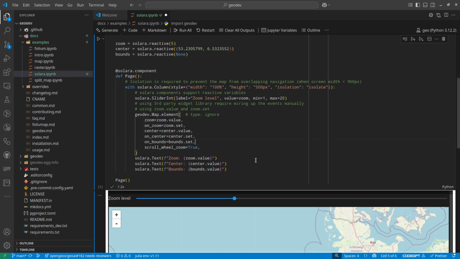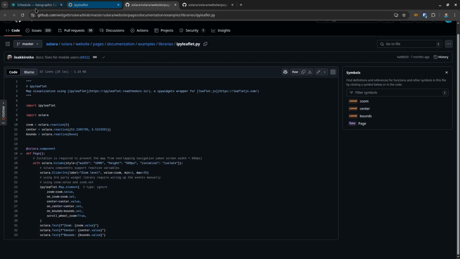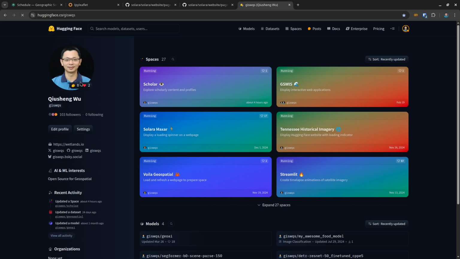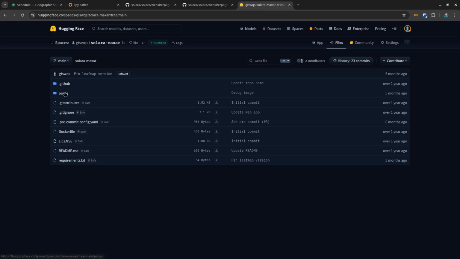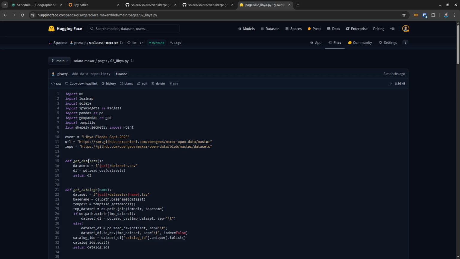You mean here? Good question. Actually, let me show you. If you want to customize something, you actually need a little bit more work. You can define another custom map class, and then you can add stuff. What I'm going to show you is my Solara web app here, to show how I actually did it. If you want to add some customized data, or do something else, it's better to define